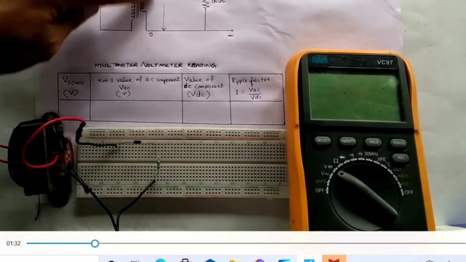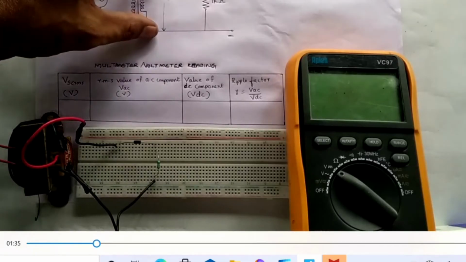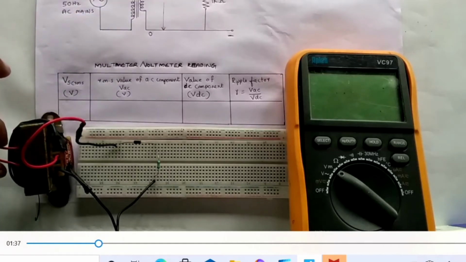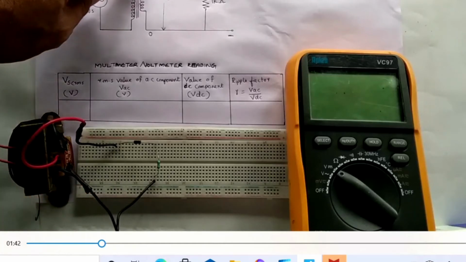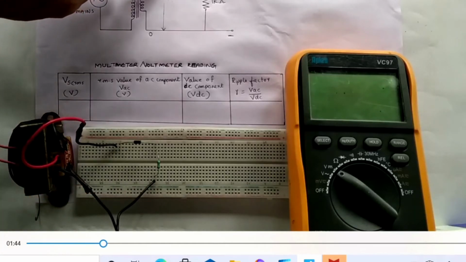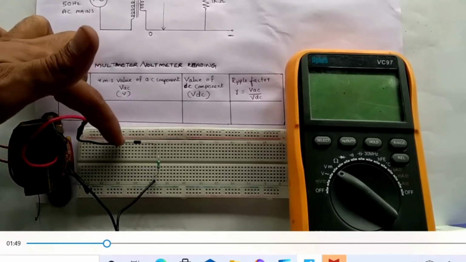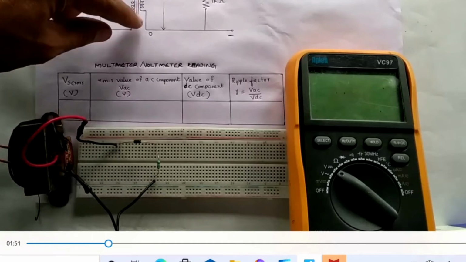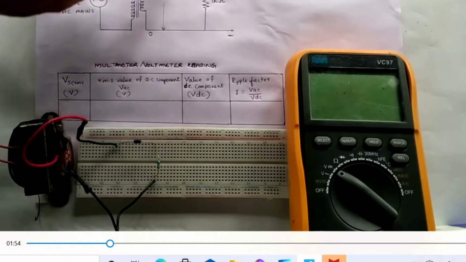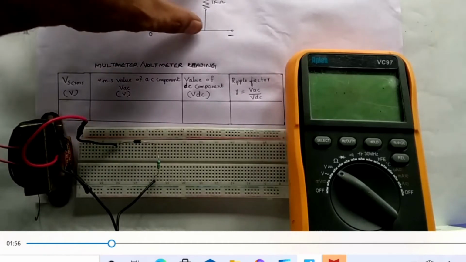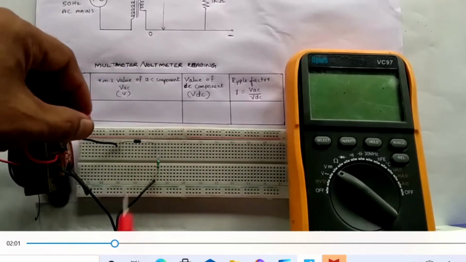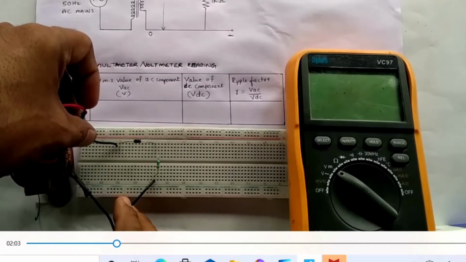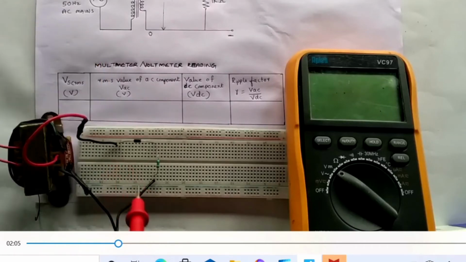Well students, now we will see how the breadboard connections for the half wave rectifier are made. Primary is given. Now the secondary is given to the circuit. Some step down voltage is given to the anode, and the cathode gives a single point of contact, meaning it conducts only in the positive cycle, and it is connected to the RL load. Accordingly, the second terminal of the RL load is connected to the secondary side of the transformer. Now we are going to measure the values.